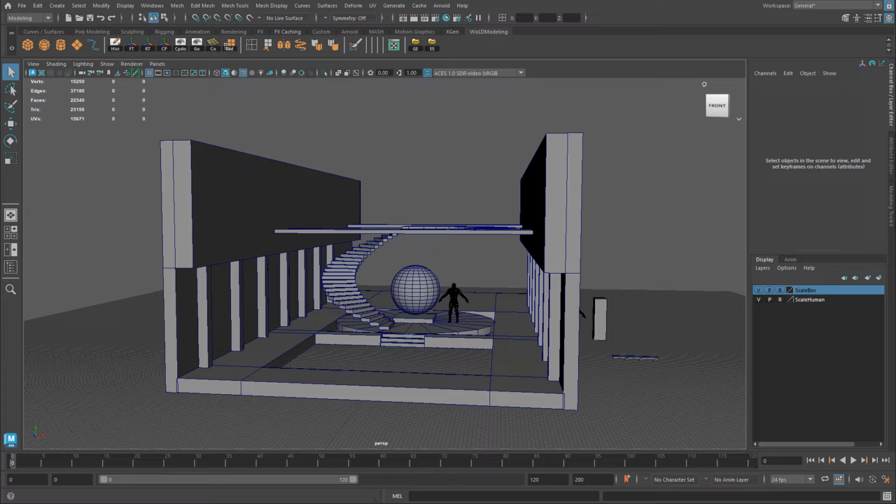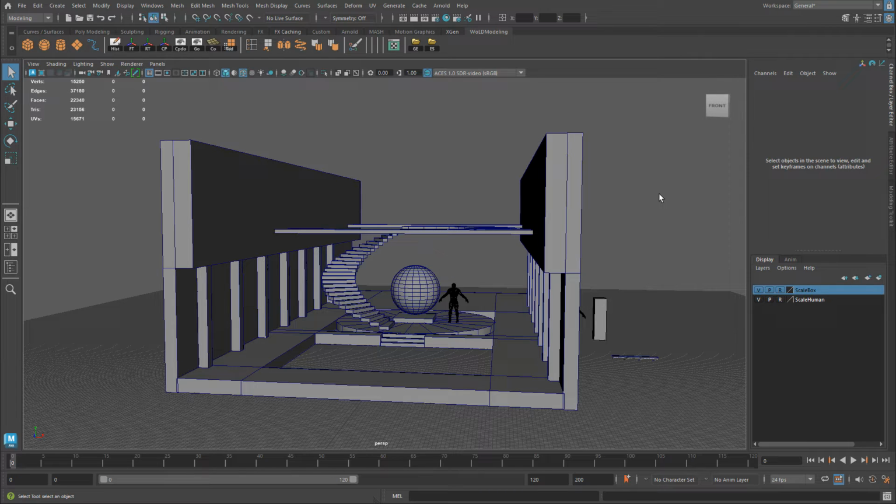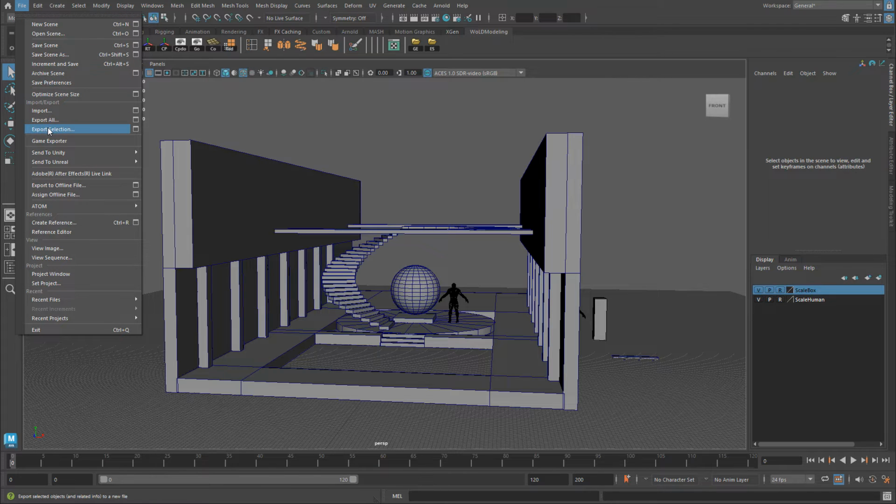First, make sure, just like in the previous video in option 1, that you have your grid in Maya set up correctly to match Unreal Engine 5. This way, everything you create in Maya translates to UE5 at a 1:1 ratio. This is very important. So to use the Export All option, you simply go up to File and use Export